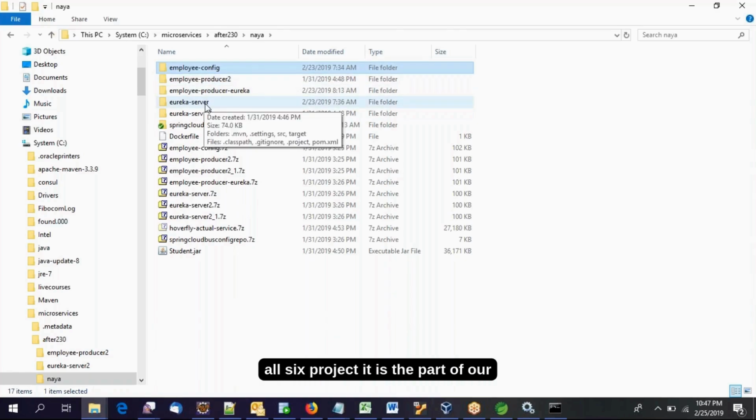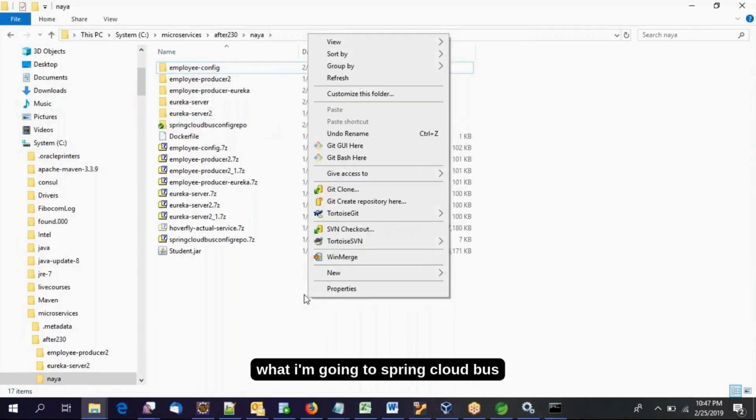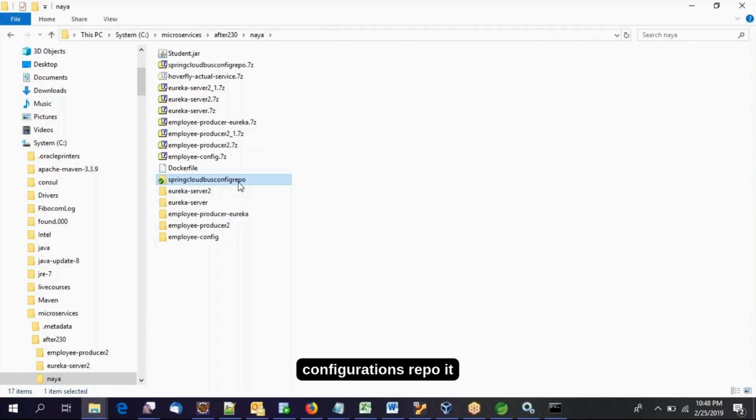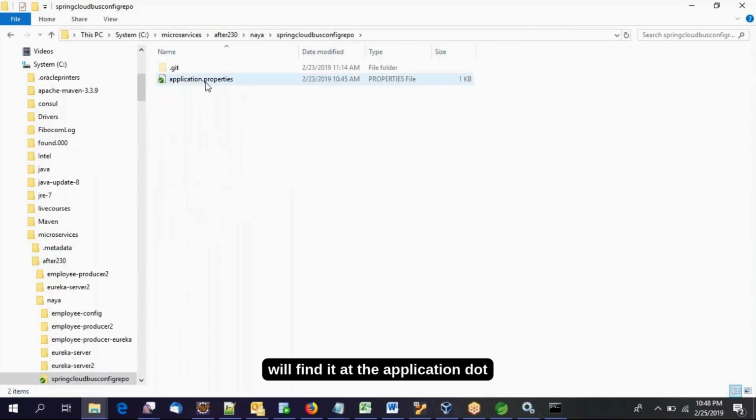So these projects are part of our POC for the Spring Cloud Bus. The Spring Cloud Bus configurations repo is not a project, it is the server configurations. Inside that you will find